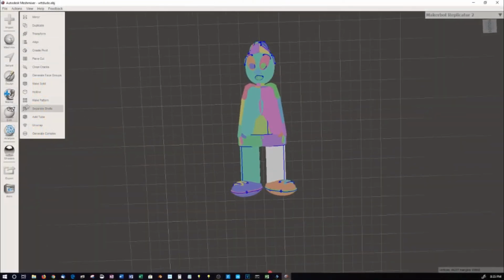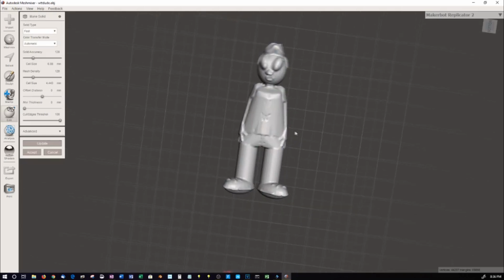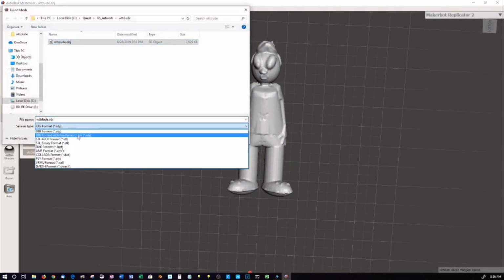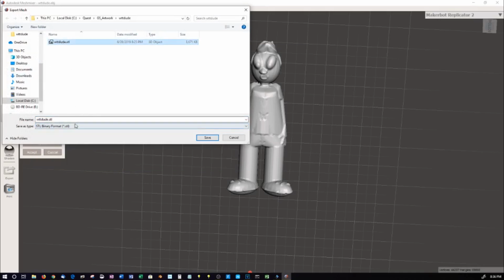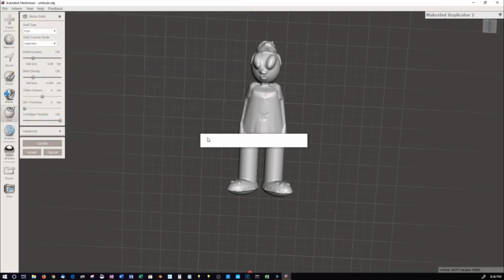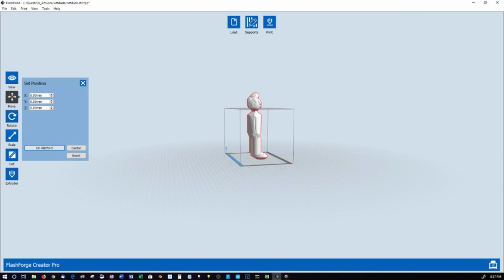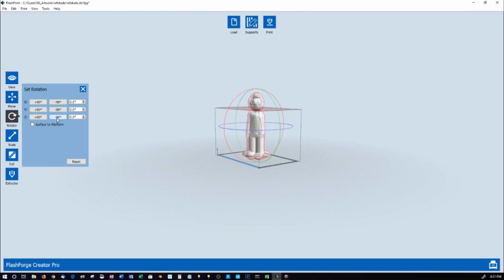I'm going to load them in MeshMixer and run this tool here to go ahead and clean things up and make sure it's good and ready for 3D printing. I do recommend using this tool. Might save you a little bit of time in manipulating it and making sure the geometry is correct. And we'll save it. Now I'm going to load it up into my slicer program. And we'll go ahead and position the character how we want.